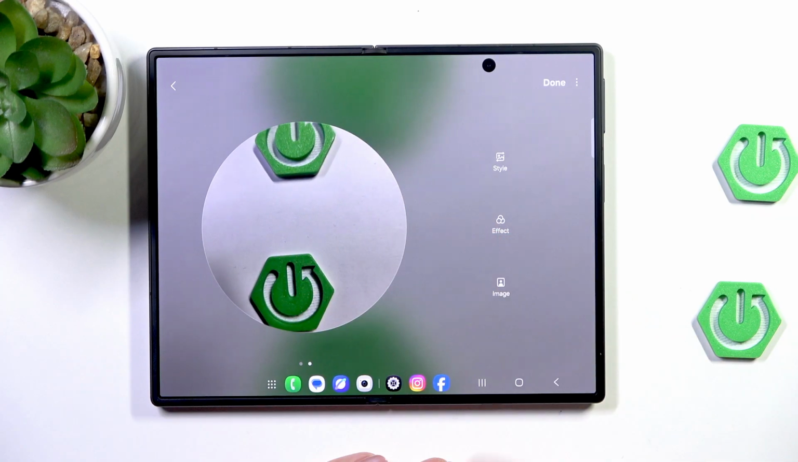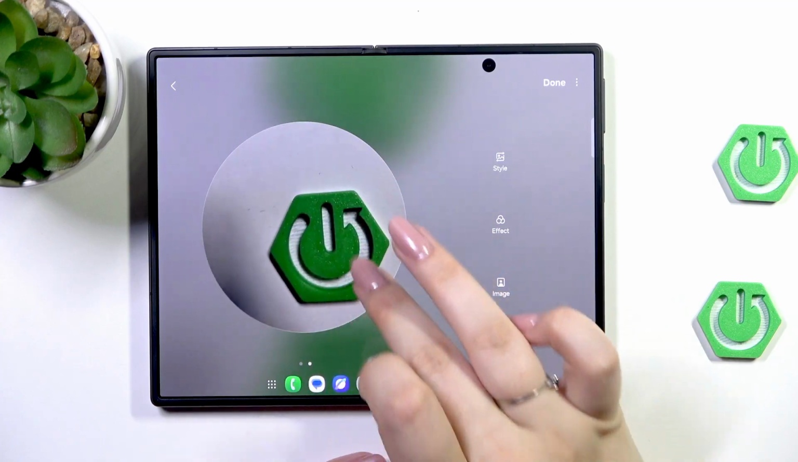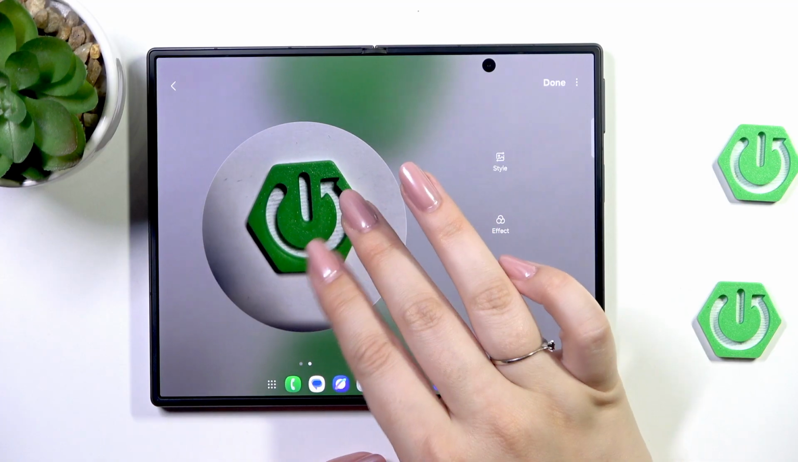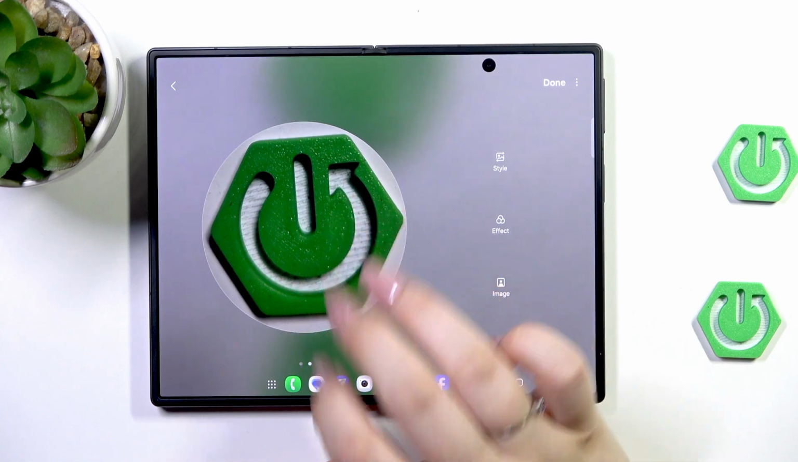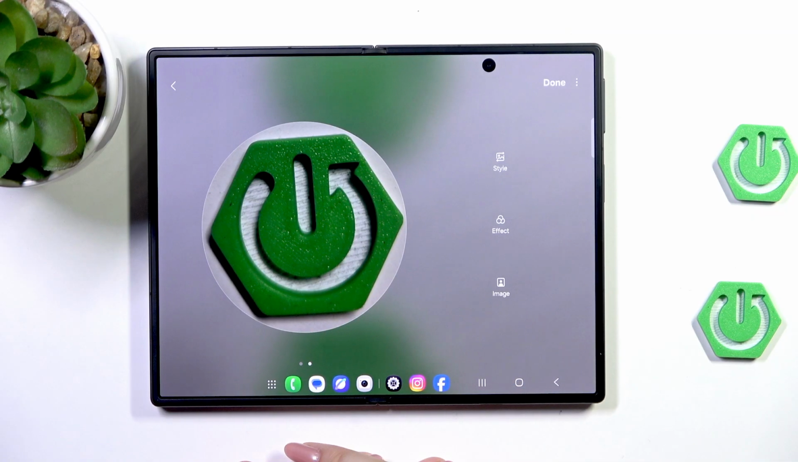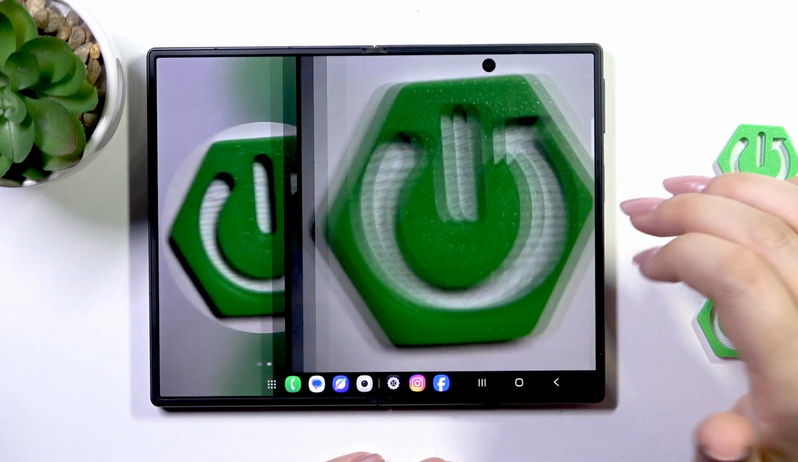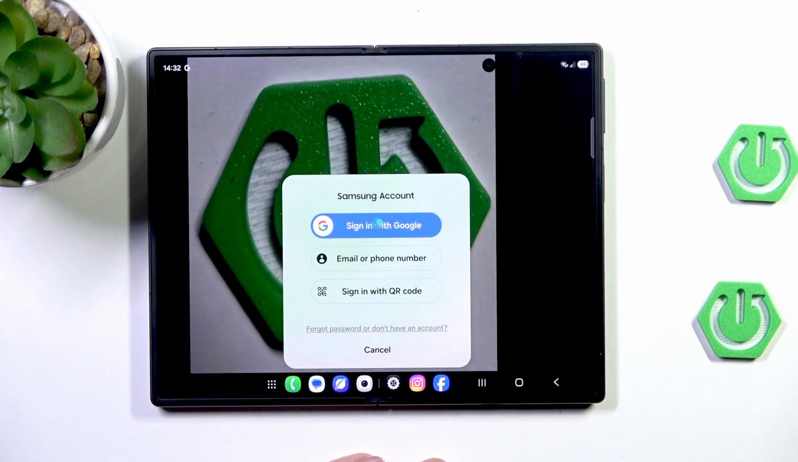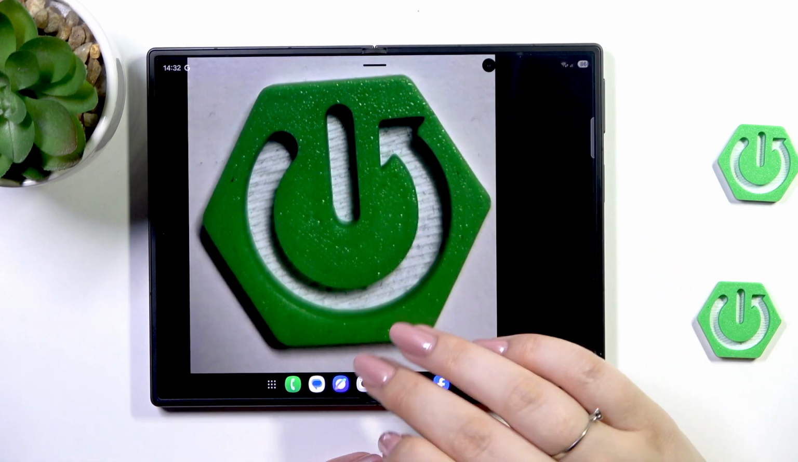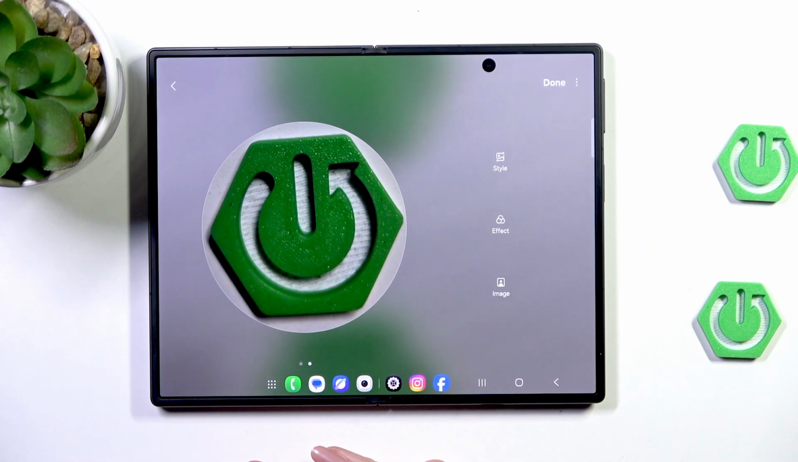After that, we are able to customize the photo, so we can zoom it in and out, and thanks to it we can decide what we will see after saving the whole contact, because this circle is responsible for it. So position it just like you want to. Here you can change the style if you want to. So you're going to the Creative Studio, I believe. So you need your Samsung account. So I just don't want to log in right now, but you can, for example, change the photo to a